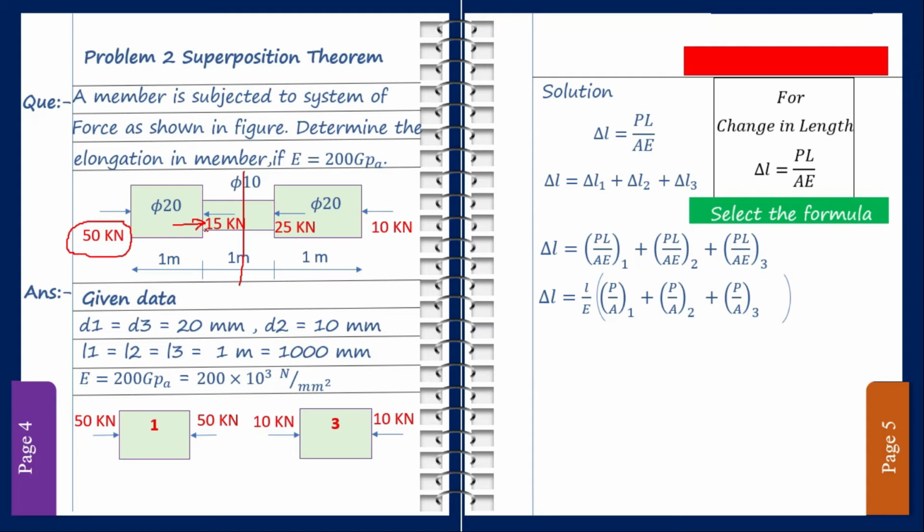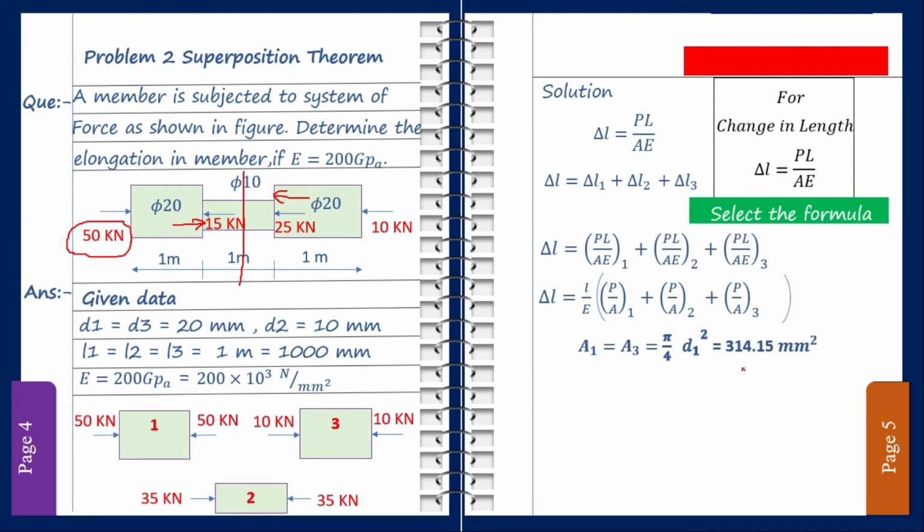You can check from the right side also. 10 and 25 are moving in the same direction. Same direction means we have to do the addition. 25 plus 10 is 35. Both are moving in this direction. So we are getting the same direction. I have verified the value as well as the direction. Let us check. Yes. For the second section, the load is 35, which is compressive in nature.